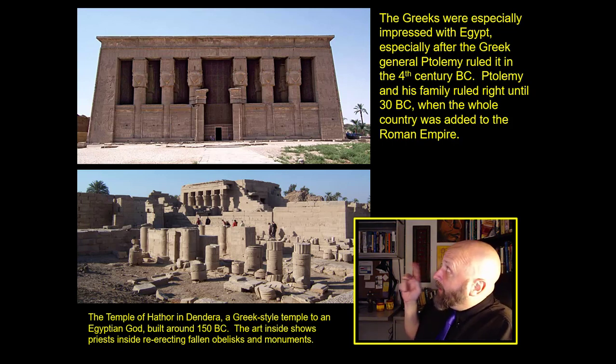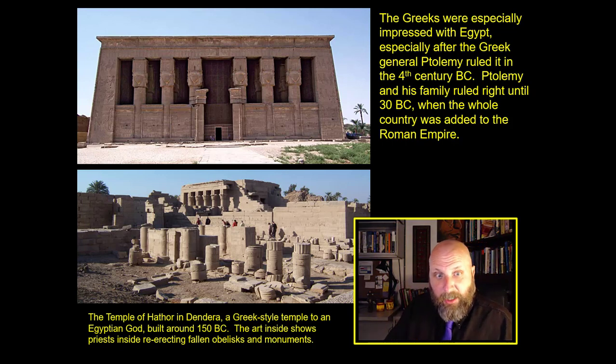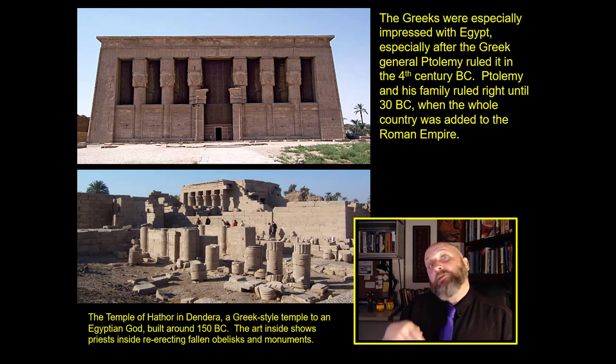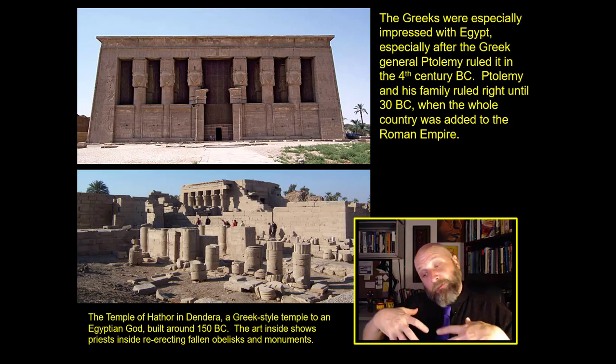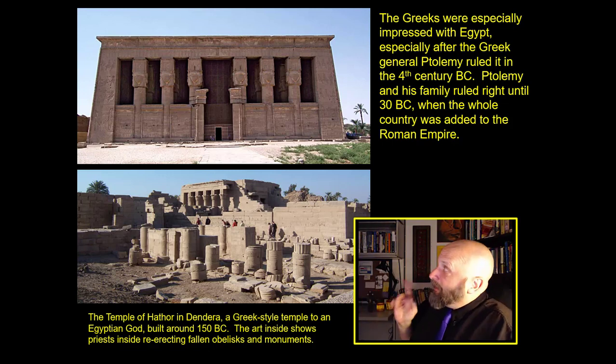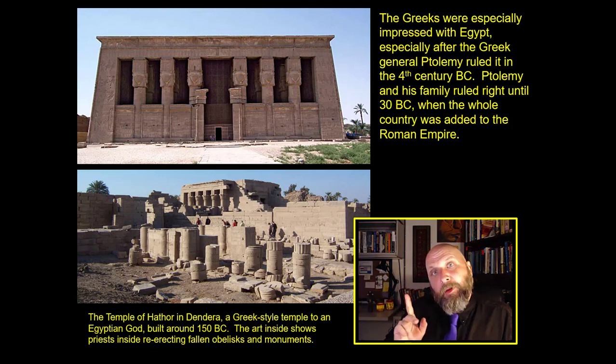That temple up there on the left, it's really interesting architecturally because it is an Egyptian style temple, but it has been reconstructed using the principles of Greek architecture. So if you look at it and it looks kind of like the Parthenon or all these columned temples from Greece, it's because it's the same architects, just giving it kind of this Egyptian flair. That building is the Temple of Hathor, okay?